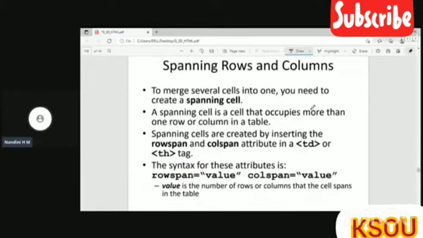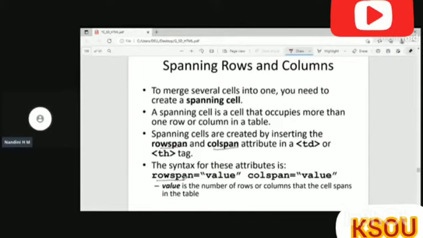Spanning rows and columns. Spanning is nothing but the merge option in MS Word. So you merge rows and columns, right? Likewise, in order to merge rows and columns in HTML, you have to use spanning. In spanning, we have rowspan and colspan.